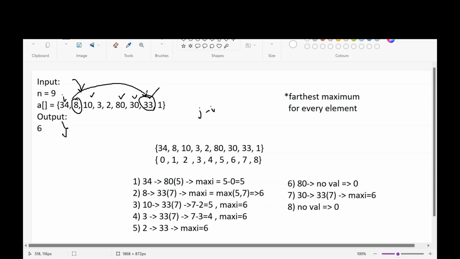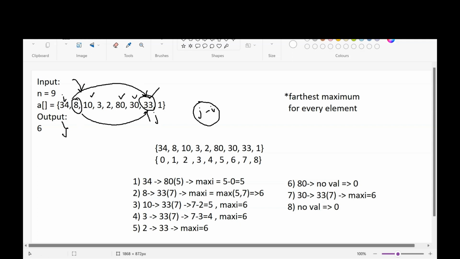So the element which is greater than 8 and which is farthest from 8, we are considering that, in order to maximize j minus i, where the index of the farthest maximum is j and the index of the current value is i. I hope you are clear with the logic we'll be performing. Basically, we will just iterate through this array, and for every element we'll find its farthest maximum element, and just store the maximum difference of index values that we'll be getting.